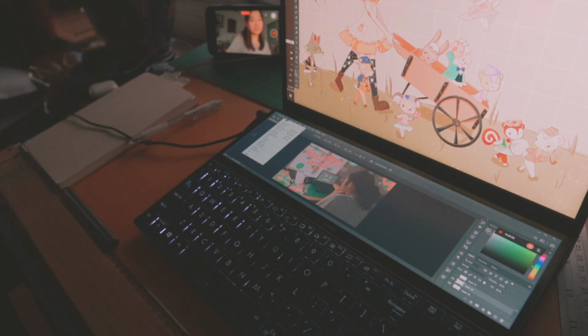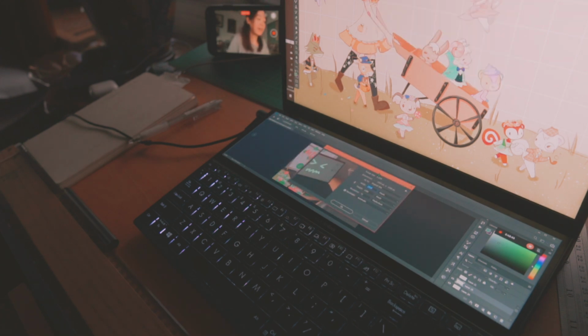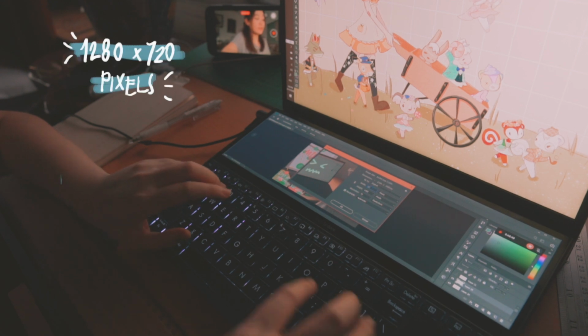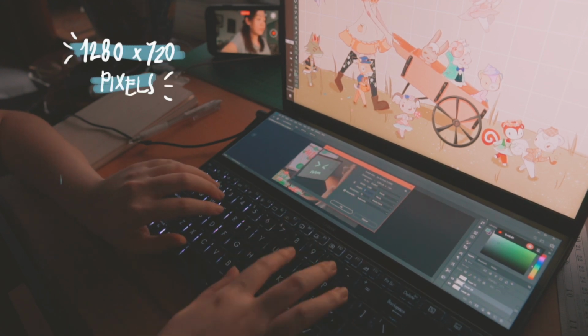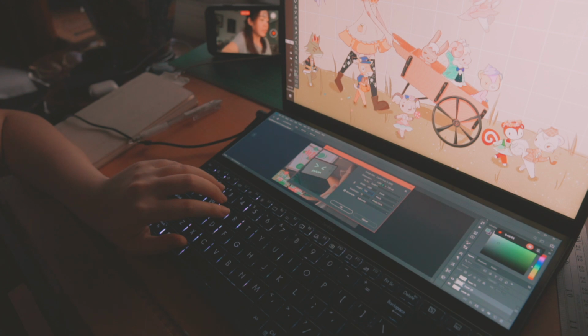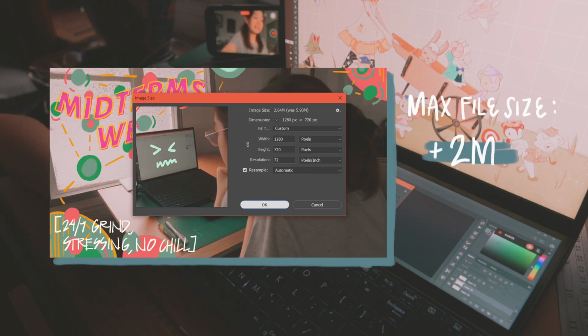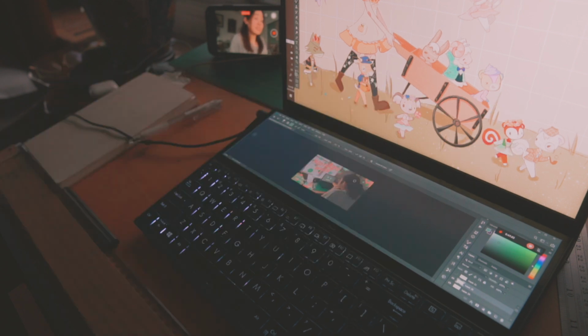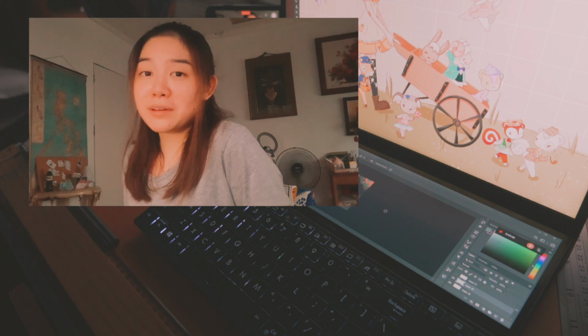Okay, so here's the final step. You go to Image and then you go to Image Size. Then you have to make sure that your picture is 1280 by 720. And as you can see over here, my image size used to be 5.93 and now it's 2.64. That's really the standard of YouTube. They don't care about high quality thumbnails. They don't care about how much art you put into your thumbnails, but that's what I do for my thumbnails.